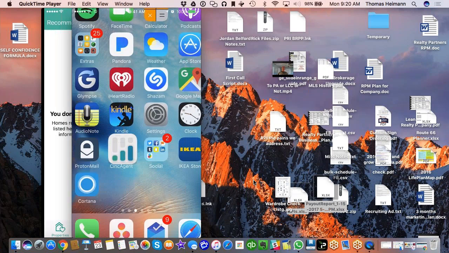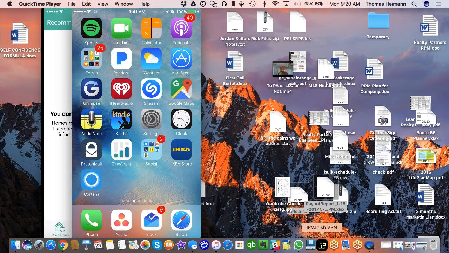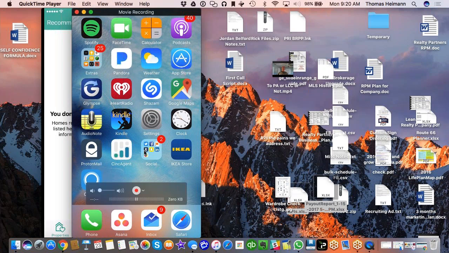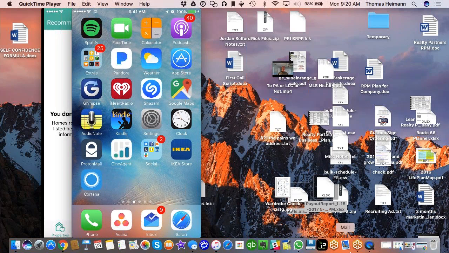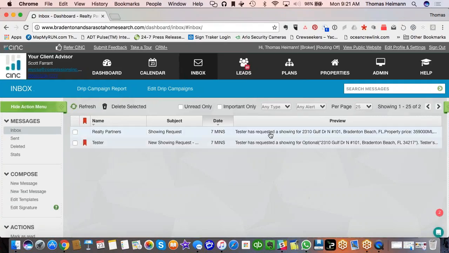I'm logged into my Commissions Inc. application with a different login. But in the Commissions Inc. app, since you're not going to be logged into multiple logins, you're going to see the message that you received and that we saw on the web browser here. So you're also going to have an email. I'm not going to go into my email box right now, but you're also going to have an email message